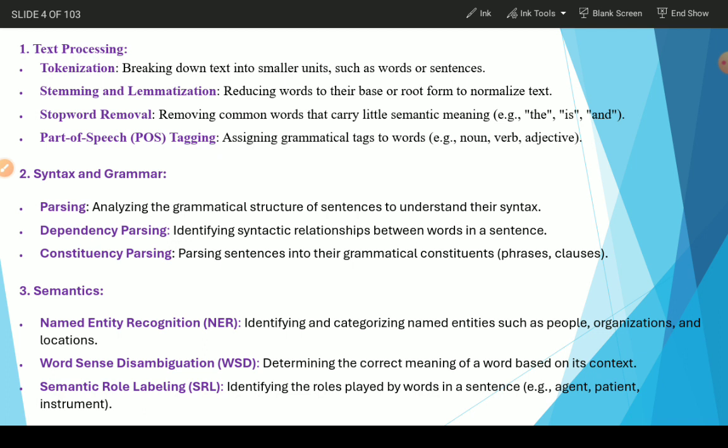Semantics. Named entity recognition: identifying and categorizing named entities such as people, organizations, and locations. Word sense disambiguation: determining the correct meaning of a word based on its context. Semantic role labeling: identifying the role played by words in a sentence, for example agent, patient, instrument. Based on these mentioned details, we can say that in natural language processing activities, tokenization is